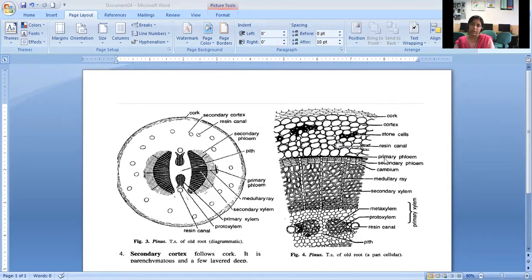Here the primary phloem is present, followed by the secondary phloem, cambium, and a medullary ray, in the center having a resin canal and a central pith. The secondary cortex follows the cork; it is parenchymatous and a few layers deep. Many resin canals are also found in the secondary cortex, and the primary phloem has two patches of tissue,